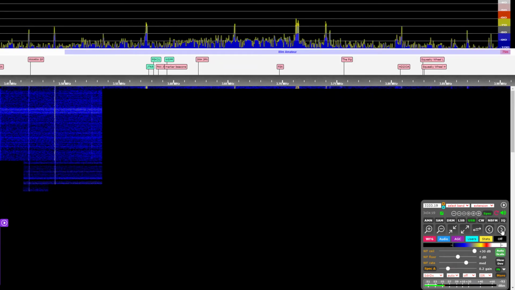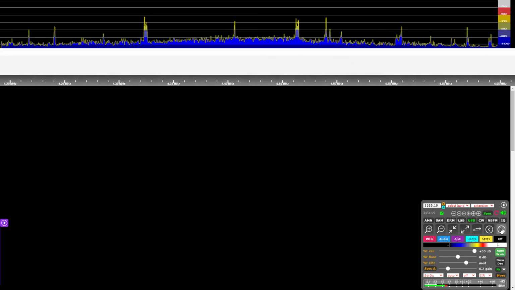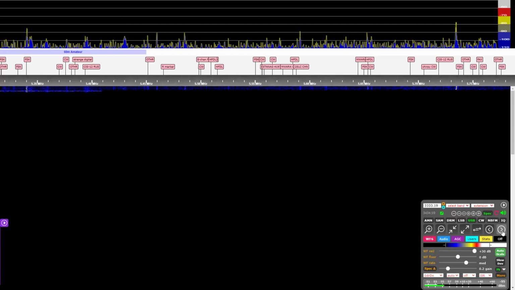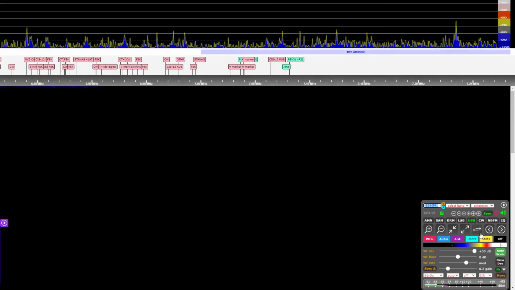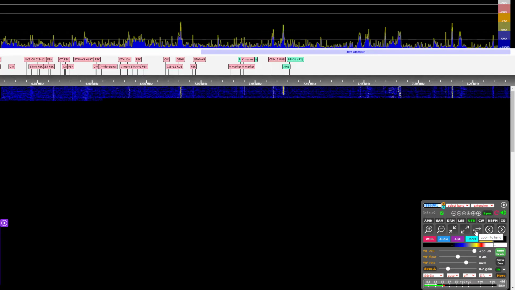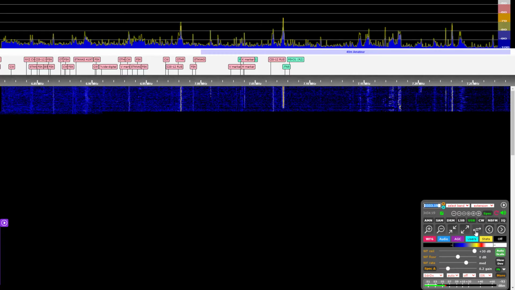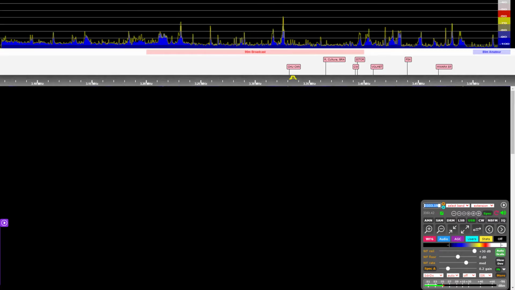So I'm going up in frequency, and you can see that it goes by pretty quick. So you kind of have to pay attention to what you're doing. You could get lost pretty easy, but if you do get lost, just click this zoom to band, and boom, you go right back to your cursor.